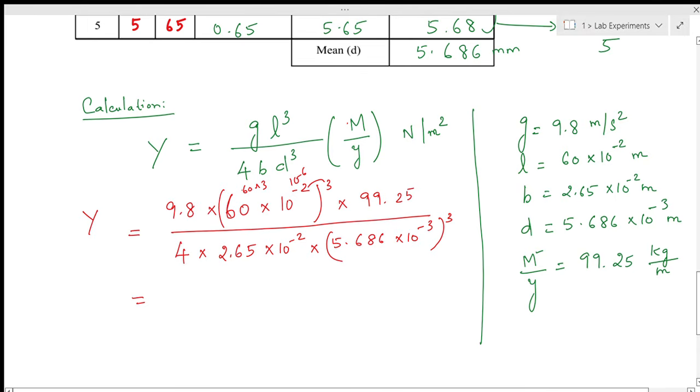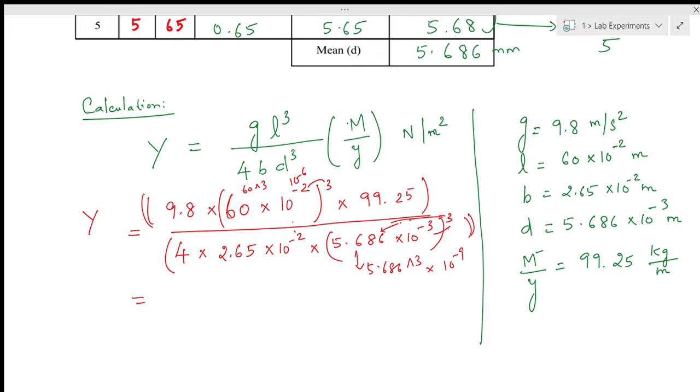So into 10 power minus 6 into 99.25, I am closing with a single bracket and then divided by open bracket 4 into 2.65 into 10 power minus 2 into thickness 5.686 cap 3, that is the whole cube, into 10 power minus 3, power 3 is 10 power minus 9. So into 10 power minus 9, closing with double bracket is equal to,